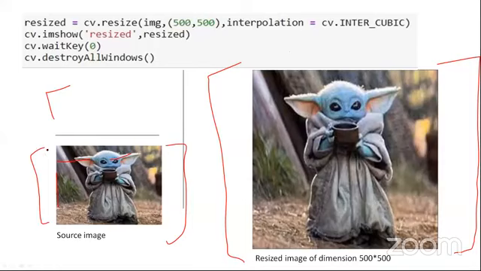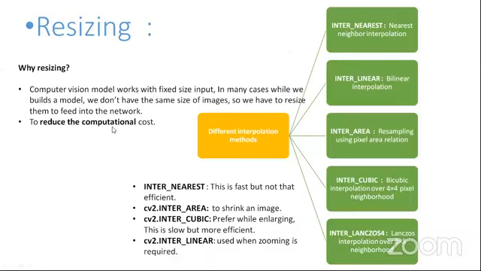Suppose this is your matrix and this is the value 5. Now you increase your matrix size, then you need to interpolate a new pixel. Nearest interpolation basically takes the pixel from your nearest neighbor. So you need to interpolate this pixel using your nearest neighbor. That is called nearest interpolation.